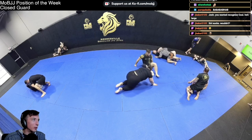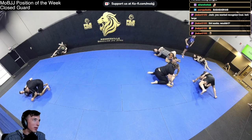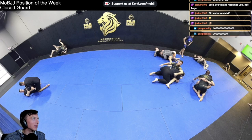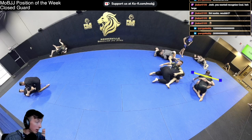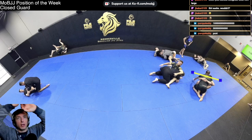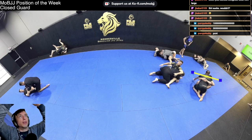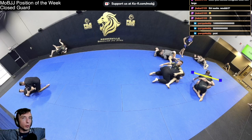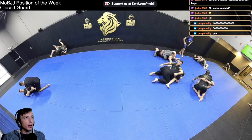Double underhooks. All right, Cole. From this is good. I want to see your hands get up here, get that double undergrip, whether it's Gable, S-grip, whatever. Get them up so that Luke can't put his arms down very low. This is what you want. You want them nice and elevated, right? From there, you're good where you're at, seated. You don't need to